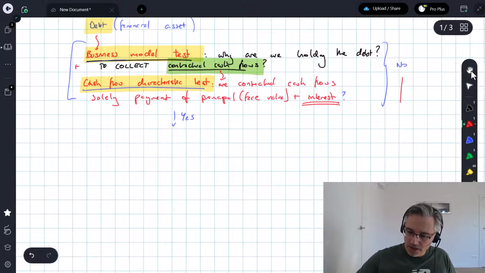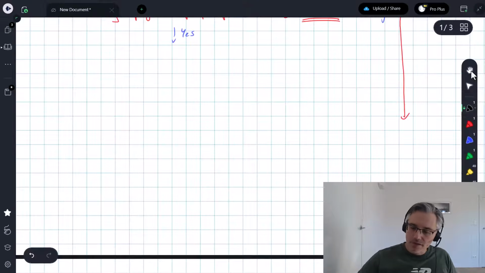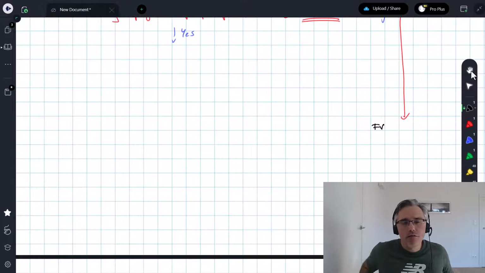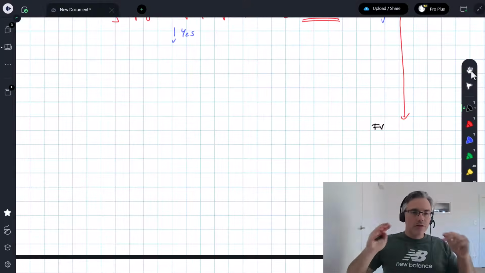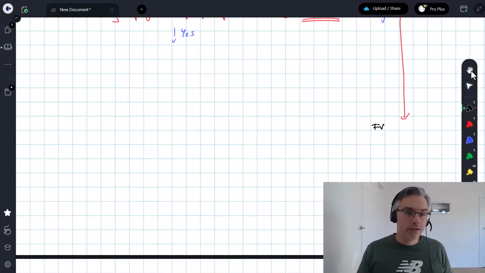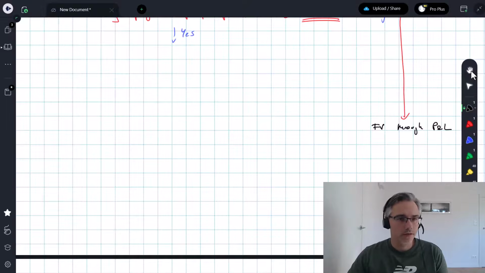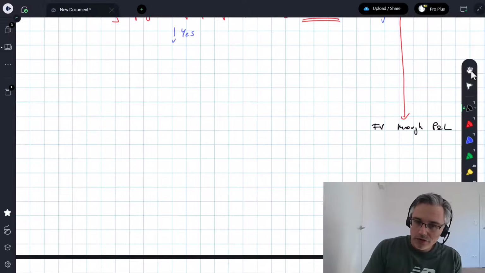down here immediately and say, well, in that case, that bond should be accounted for at fair value, with basically the balance sheet constantly reflecting what the current value of the bond is in the market, or the debt is in the market, through profit and loss, with all changes going to P&L. On the other hand,